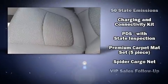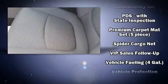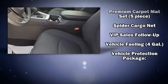Adaptive Cruise Control maintains a preset distance behind the car ahead of you, simplifying highway driving and